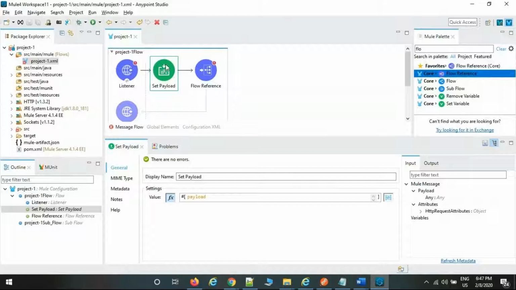In MuleSoft integration terms, they call it a payload. So set payload means you are setting the body. The same body you are going to return to the target system or source system, or else the source system sends the data via body and we consume the body. So that is mutual communication. If they request, do you have some information in the body, can you please send me? Then we set some information and return it back to the source system or target system.